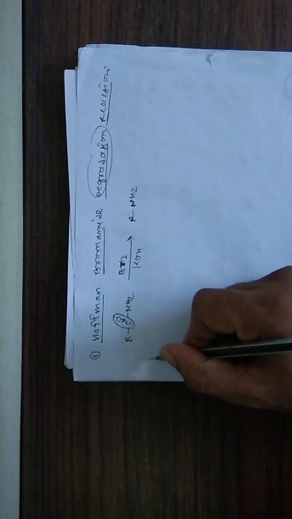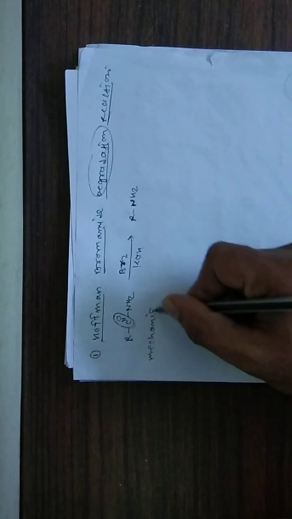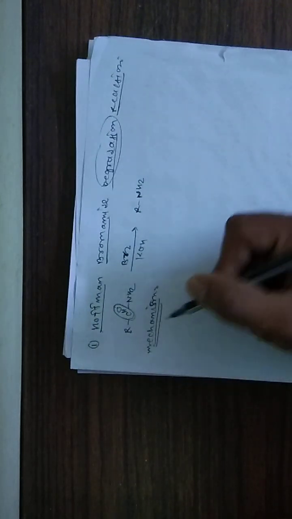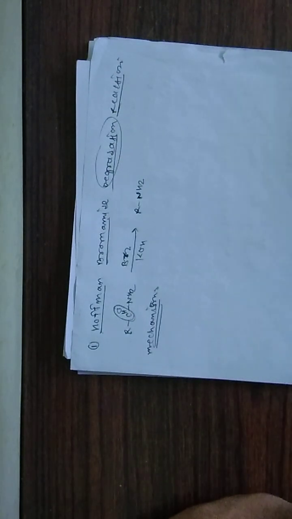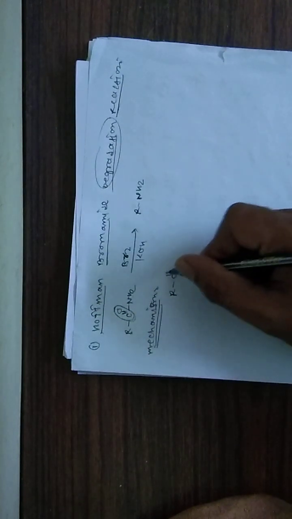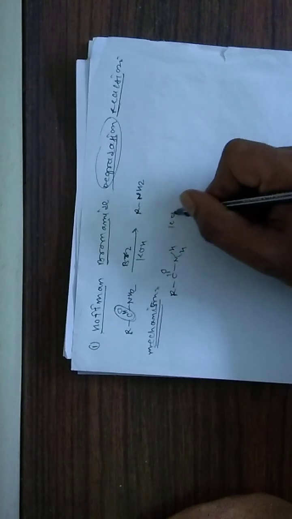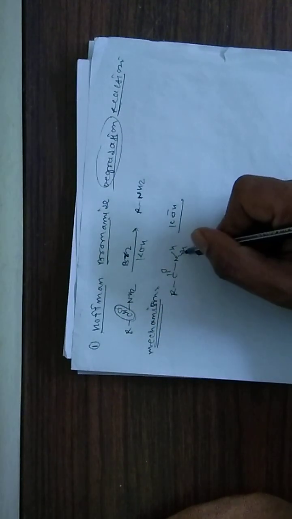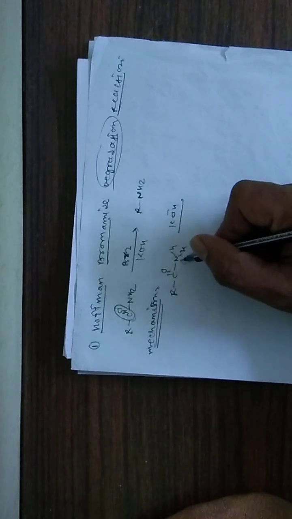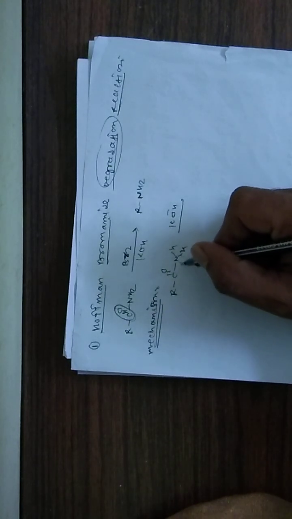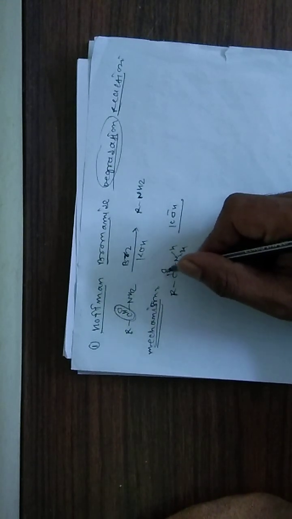Now, how will this reaction go on, meaning what is the mechanism of the reaction? The mechanism is important for your exam, because sometimes questions are asked in your exam depending upon the mechanism also. So, how will the reaction go on? We have the amide RC double bond O NH, and here the base is used. It will take this acidic proton. Why is this proton acidic? Because the negative charge on nitrogen is stabilized, and it is also well stabilized by conjugation or resonance with the carbonyl group.